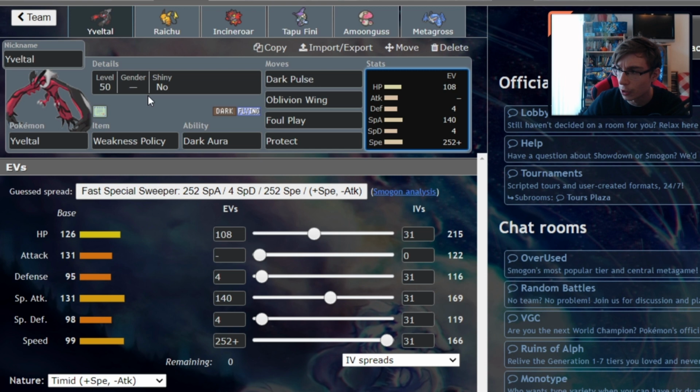So yeah, Yveltal is definitely a lot bulkier, and as a result it doesn't have to have such a hyper-offensive core around it, like Whimsicott in Dark Void, to protect it. No. Yveltal is self-sufficient and just can be bulky. So yeah,